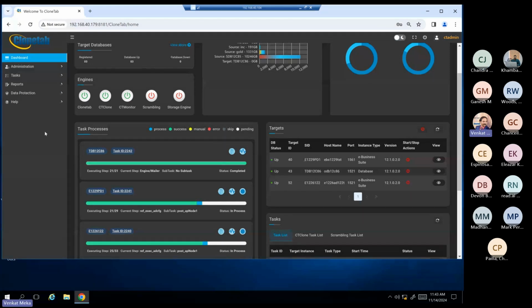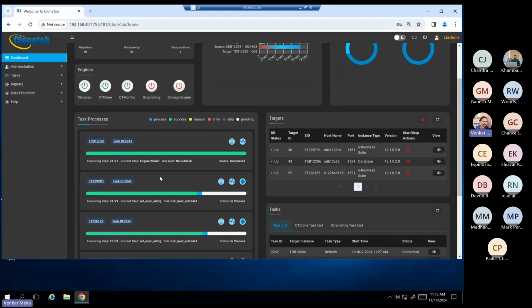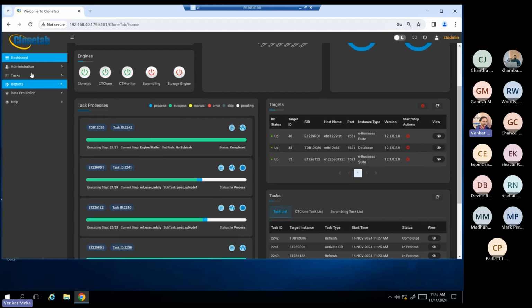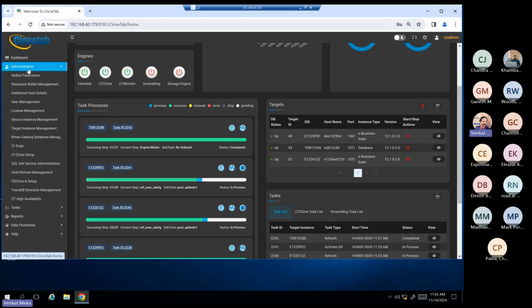Yeah. So now the refresh of eBiz and DR of the eBiz are both still running. There are several other items that you can see here. So I'm going to take you to the ad hoc snapshot. Ganesh, would you be able to kick off an ad hoc snapshot and demonstrate how an ad hoc snapshot can be done? Yes.